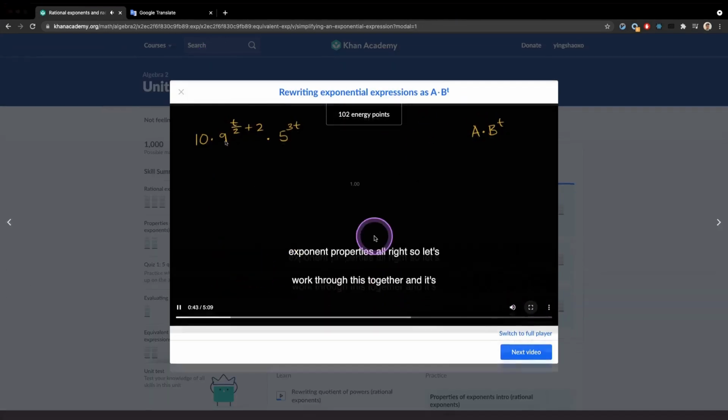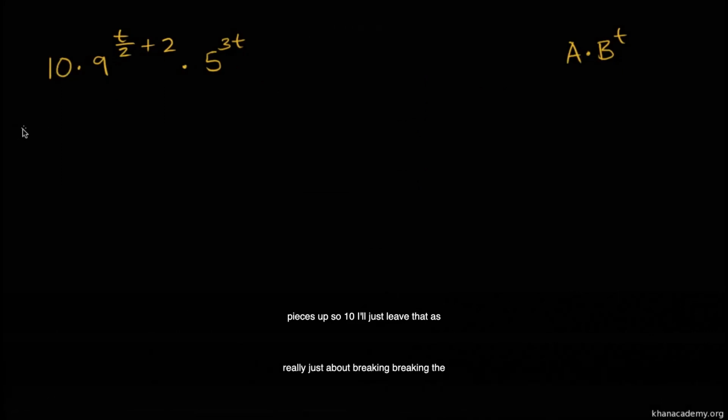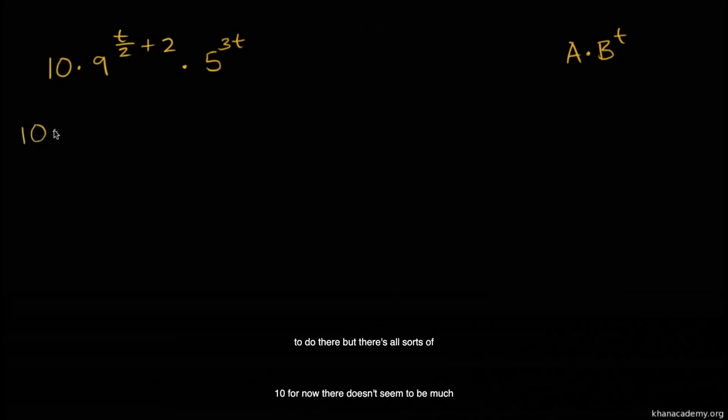Alright, so let's work through this together. And it's really just about breaking the pieces up. So 10, I'll just leave that as 10 for now. There doesn't seem to be much to do there. But there's all sorts of interesting things going on here. So 9 to the t over 2 plus 2, this right over here, I could break this up using the fact that,